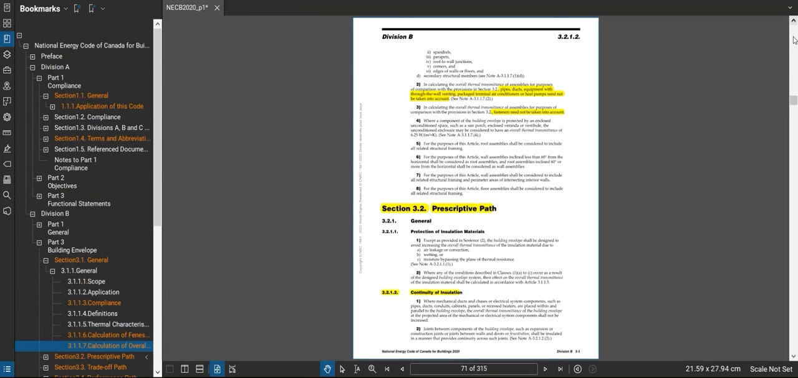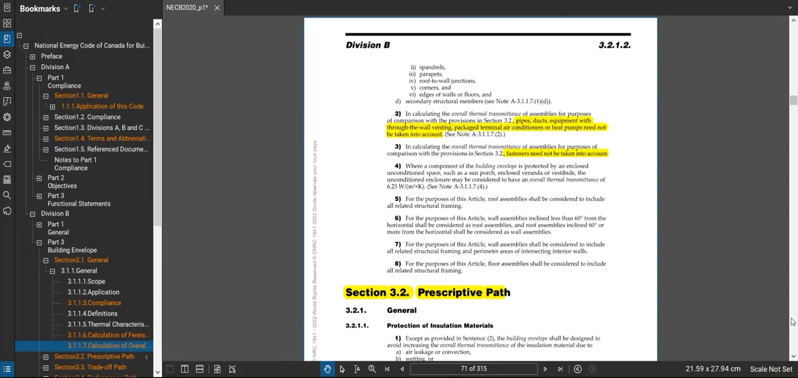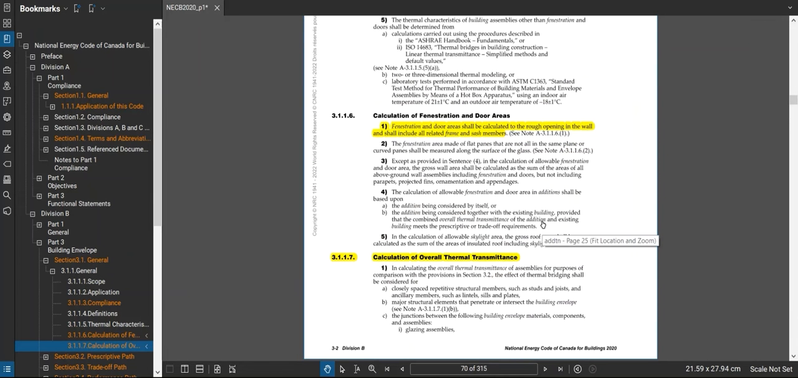And so why I think this article is really interesting is because I'm going to go back in time here and show you how this article has changed over time. So this is the 2020 version. The previous version to this one was the National Energy Code for Buildings 2017. And this article is, let's just see, I think it's exactly the same as the 2017 one. It hasn't changed. But the Energy Code prior to 2017